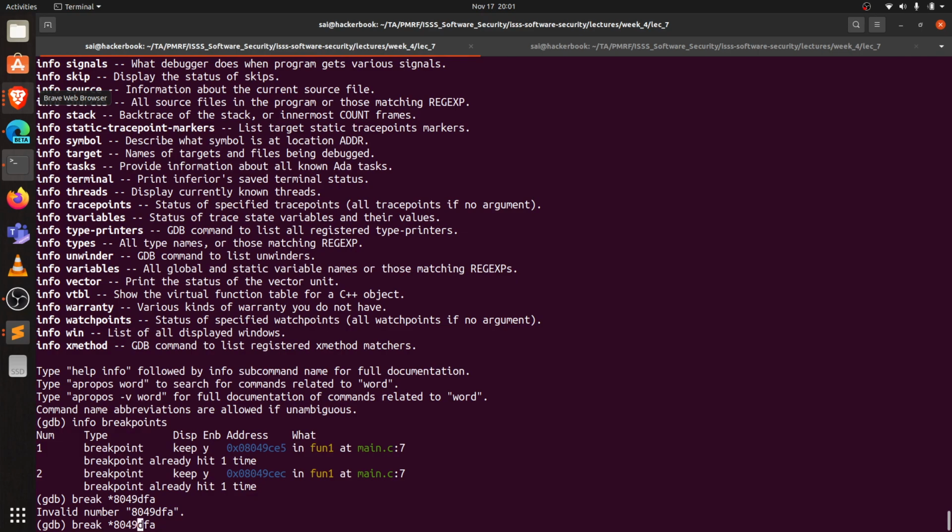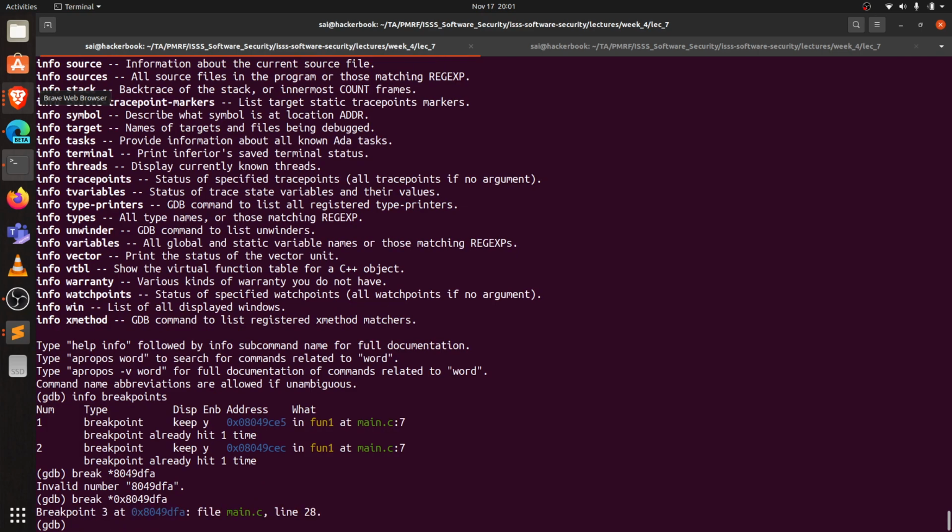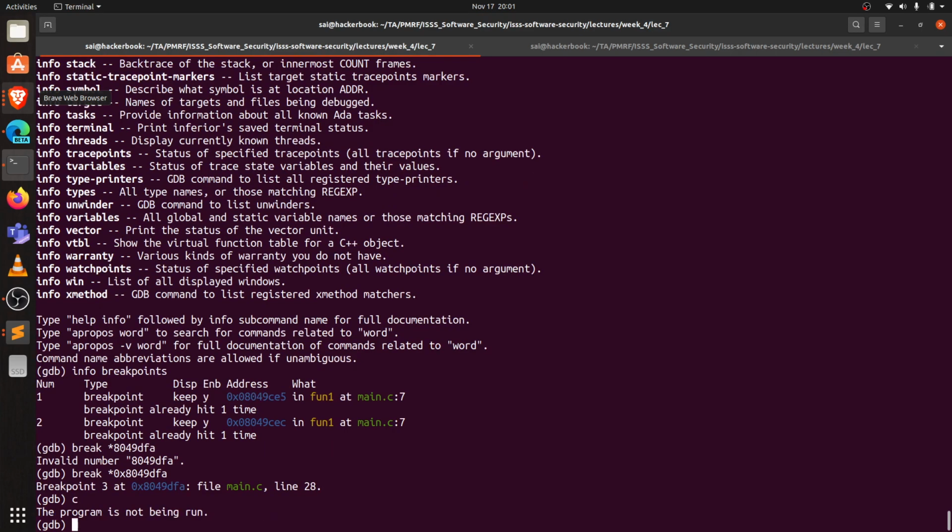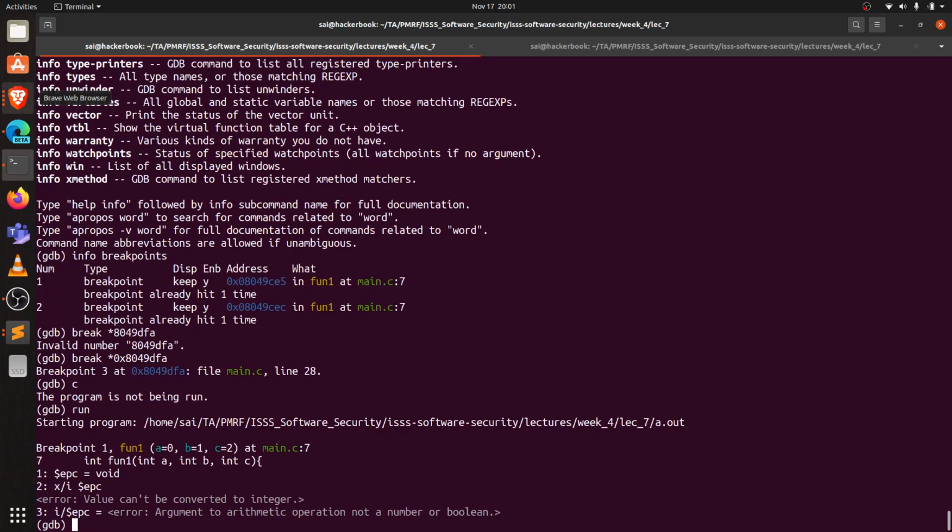Okay, so it should be 0x since it's hexadecimal. So break star 0x. Now if I do run, the program is not being run, so you should start running your program, and now it's at breakpoint 1, which I'm not interested in. So if I look at info breakpoints,